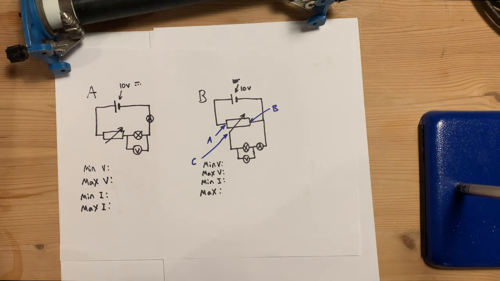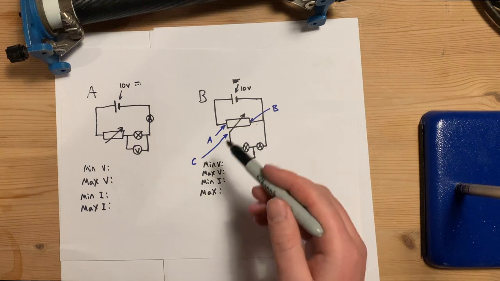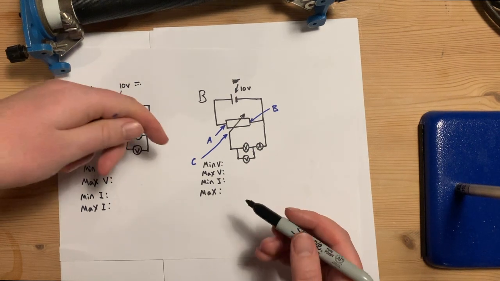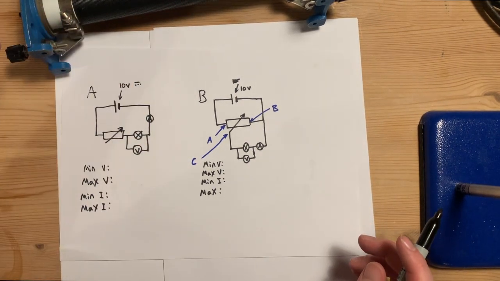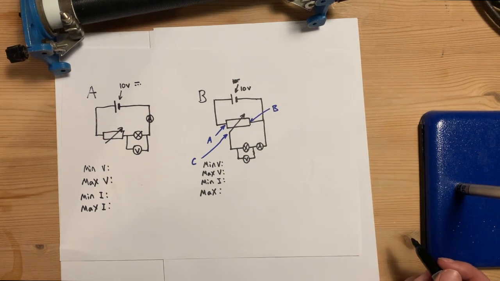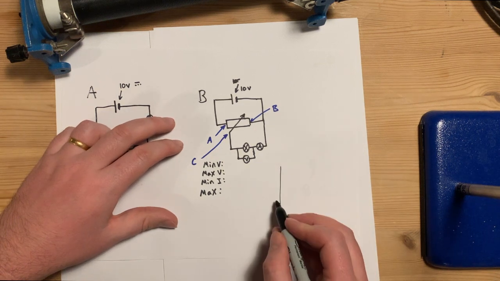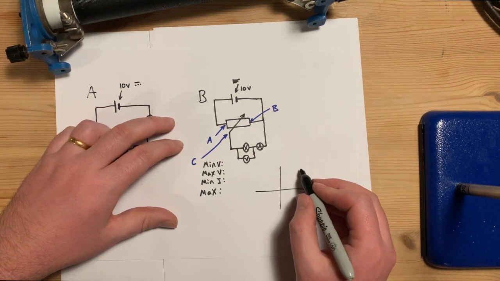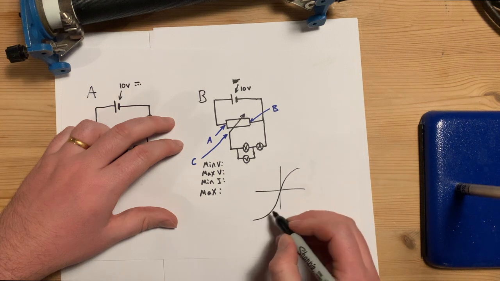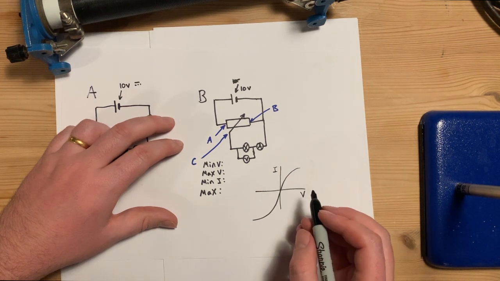Right, hopefully we found out from setting up the circuits that circuit B is more useful, because we can get our minimum potential difference as 0, and our maximum potential difference is the maximum potential difference of the supply. So if we wanted to draw a current-potential difference graph for any component, let's do the bulb. Why not? Since we're